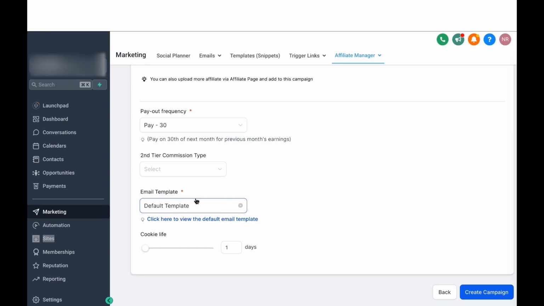And then you can also customize the cookie life. I'm just going to do 30 days. So let's say somebody opened that link once and then they came back within the 30-day period, the system will still count that the sale came from that person. Now, once you're satisfied with all these settings, just hit Create Campaign, and it will create that in a